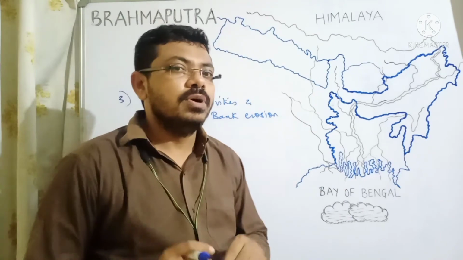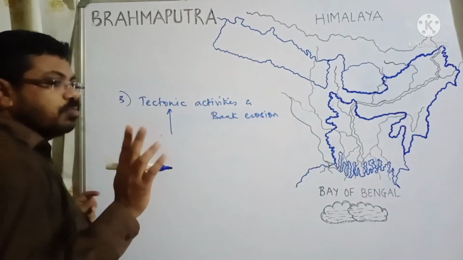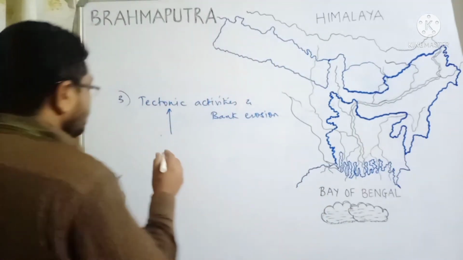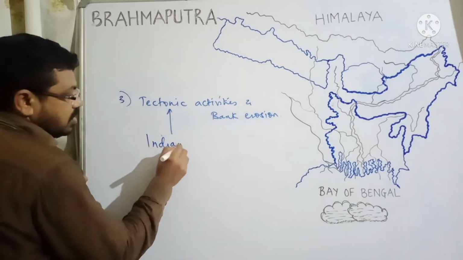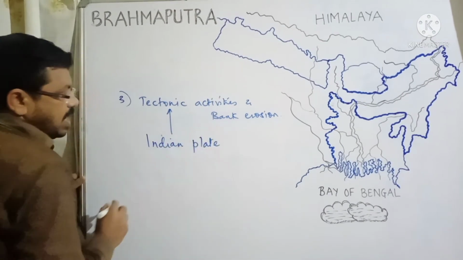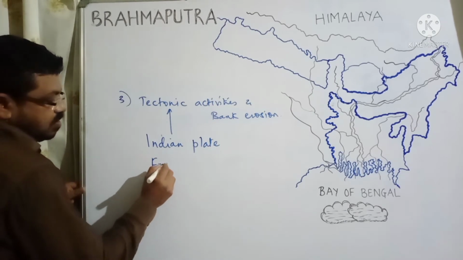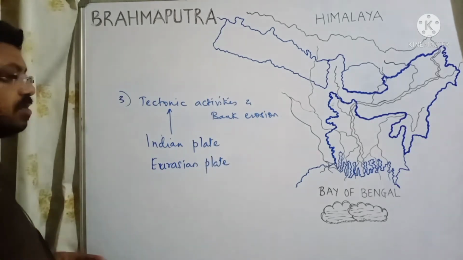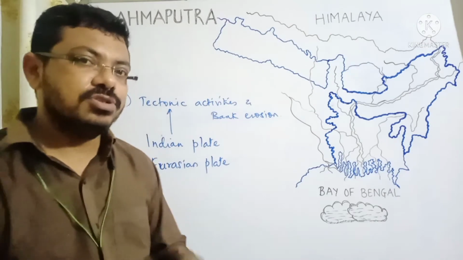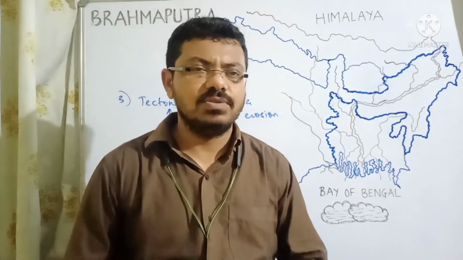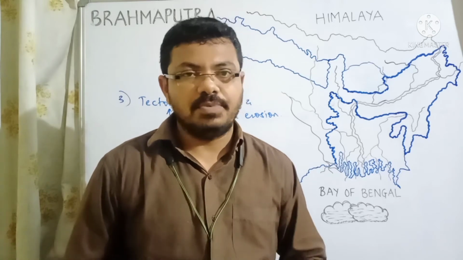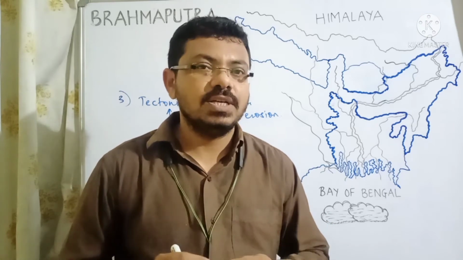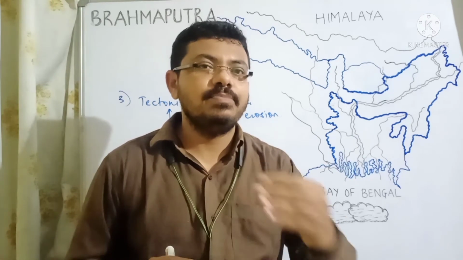And we all know this fact that there are two plates doing a convergence, right? So here we have the Indian tectonic plate and the Eurasian plate. The Indian tectonic plate and Eurasian plate are colliding, and that process is continuous, due to which the Himalayan mountain system has been formed. We all know this. Okay, but this has not stopped. The collision is still going on, and due to which the Himalayan mountain ranges are becoming steeper and steeper.